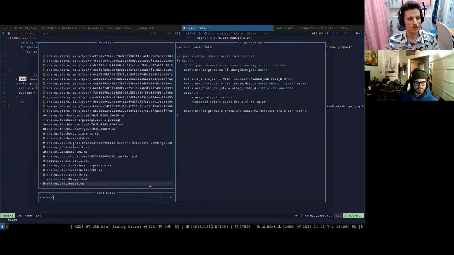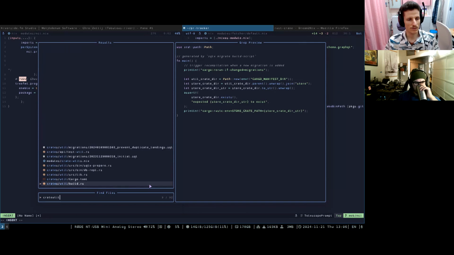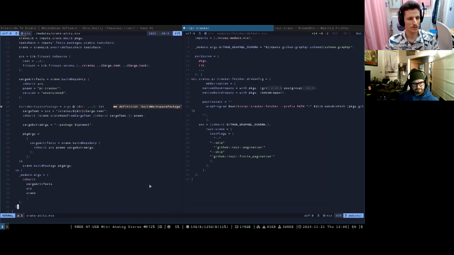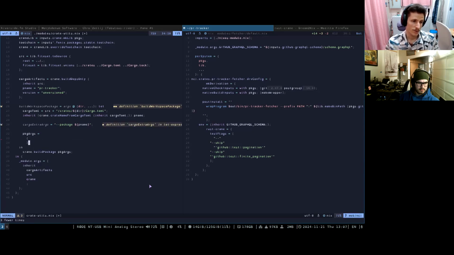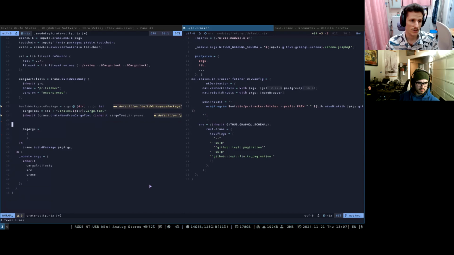This is great util. Cargo artifacts. Cargo artifacts is just an implementation detail, or like a usage detail of Crane. We don't need any of that. So this is gone, which means this is gone, which means